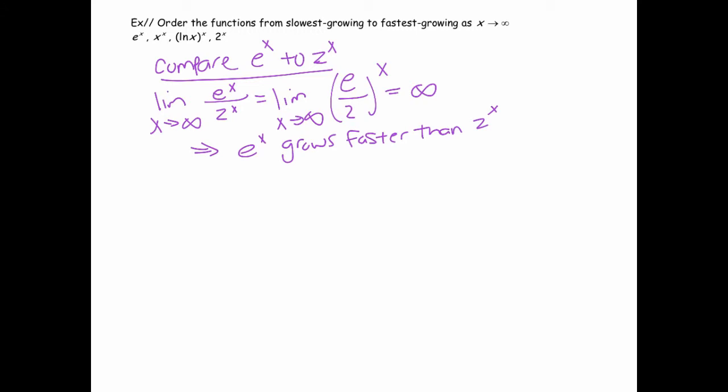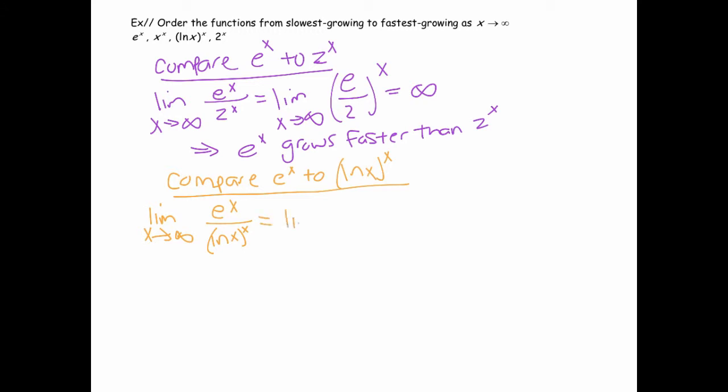Alright, so I guess apparently not all exponential functions are the same. So now let's compare e to the x to ln of x to the x. So we've got the limit as x goes to infinity of e to the x divided by ln of x to the x. And again, I can write this as the limit as x goes to infinity of e over ln of x to the x, which goes to,